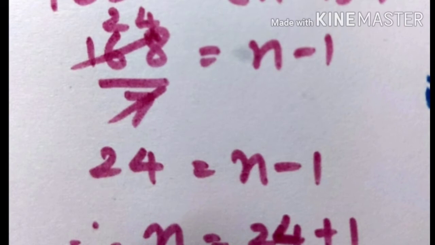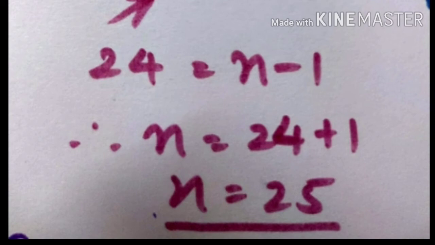And 7 twenty-fours are 168. So 24 is equal to n minus 1. So to get our n value, we take 24 plus 1, and as you know, 24 plus 1 is 25. So we get n is equal to 25. So again read the question, what they ask for: which term of the AP. So here the 25th term of the AP will be 84 more than its 13th term. And here we completed our solution number 8.